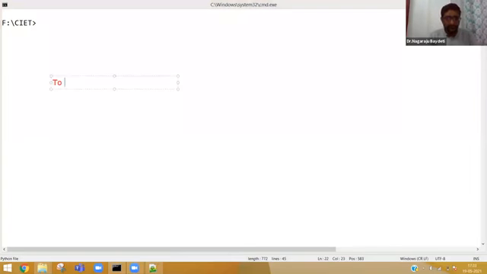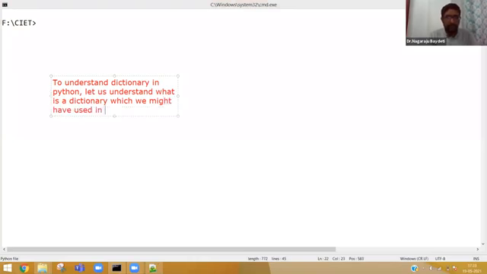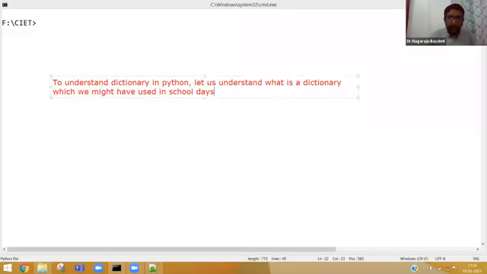To understand dictionary in Python, let us understand what is a dictionary which we might have used in school days. Tell me, what is a dictionary? Everybody will know, no? Telugu to English dictionary, English to Hindi dictionary, Hindi to Telugu dictionary, right?